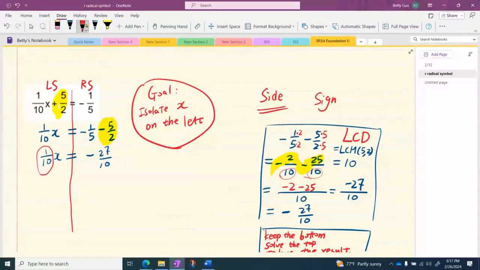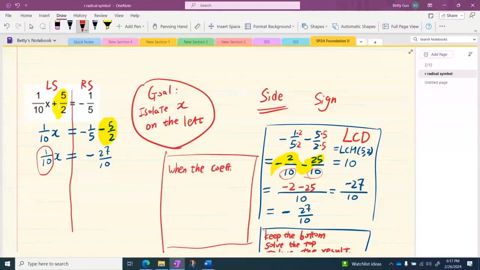So here, I need you to write down a rule. I'm going to create another box and write a rule in the box. The context of this rule is the last step of this question, so you know we are trying to isolate the variable x. When the coefficient of x is a fraction, instead of dividing both sides by 1 over 10, a more convenient way is we multiply